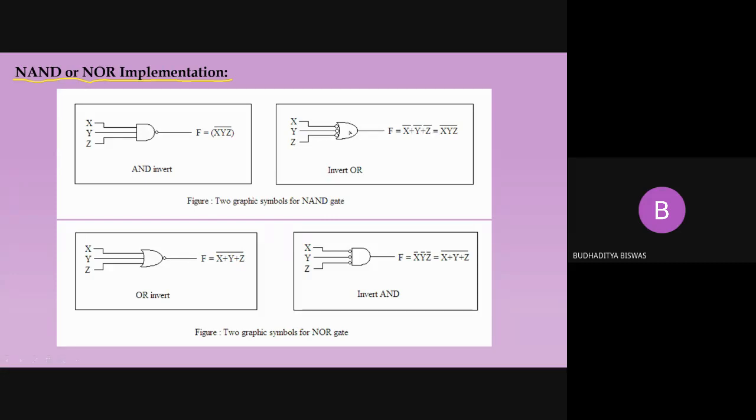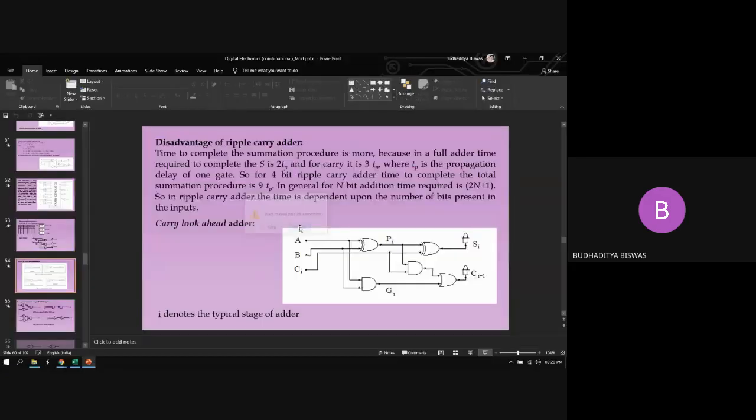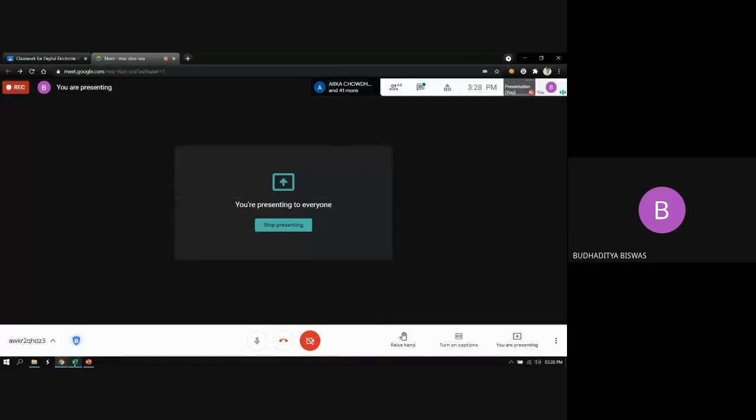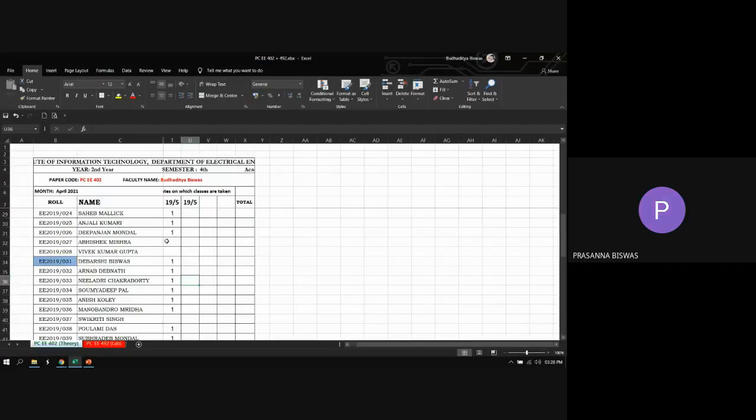Before that, those who have already responded may leave, and those who have not responded to the attendance, please respond and then leave. I think this is clear about the Saturday exam. Everybody has cleared the Saturday's exam? Yes, sir. Okay, so those who have already given the attendance, they may please leave. Please join at 3:45. Those who have not, please give the attendance and then leave.